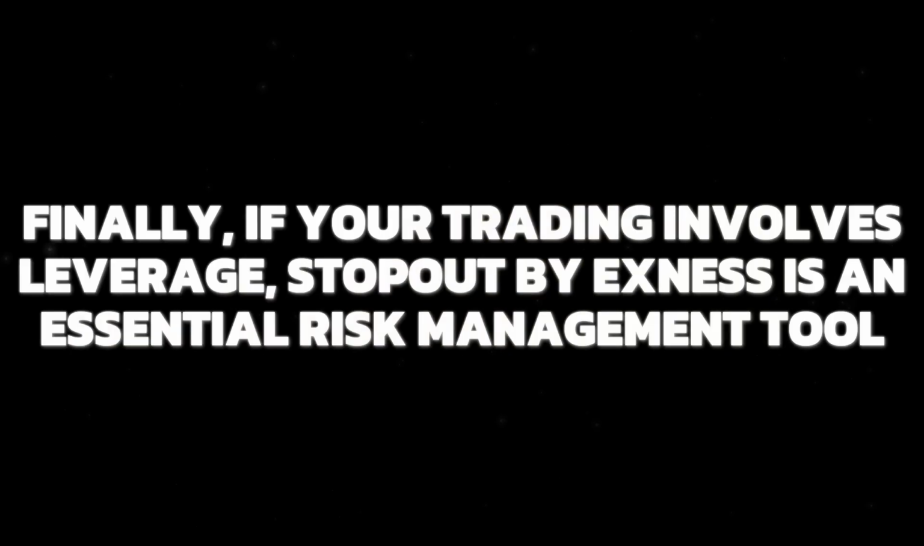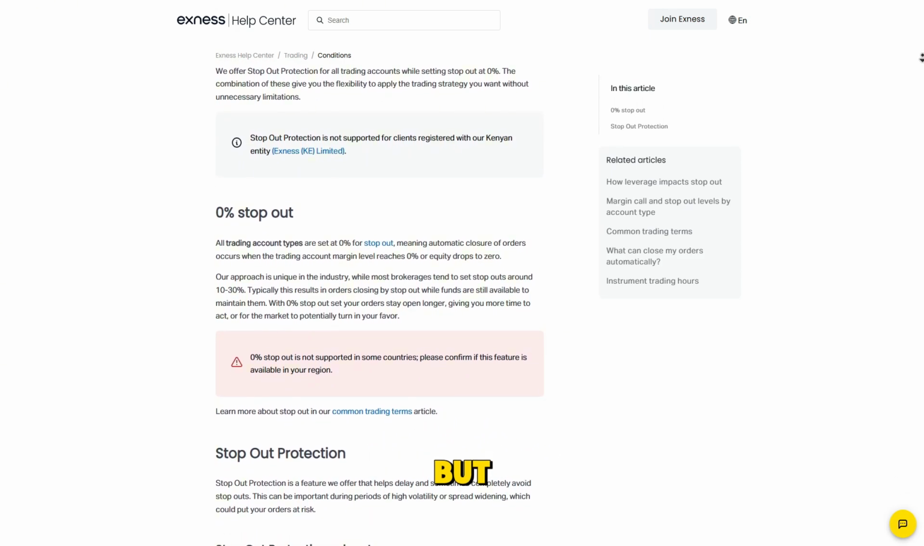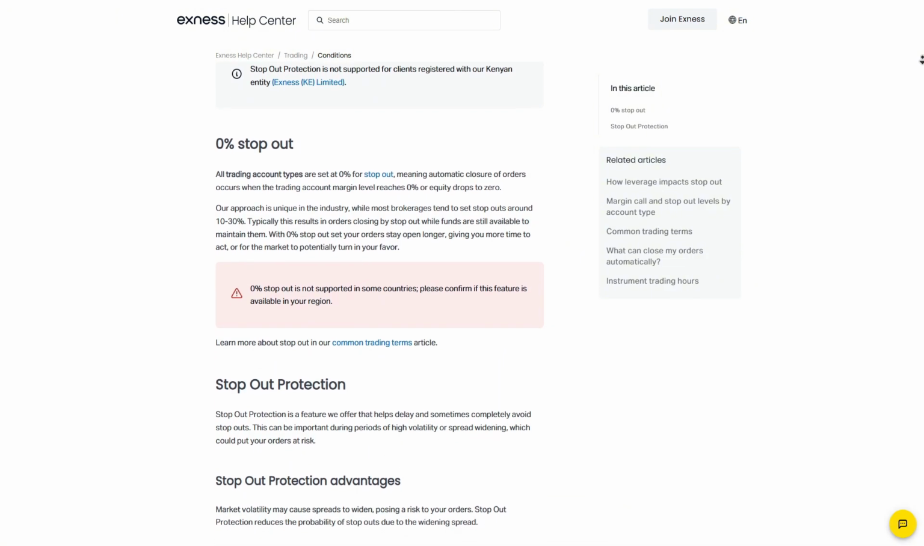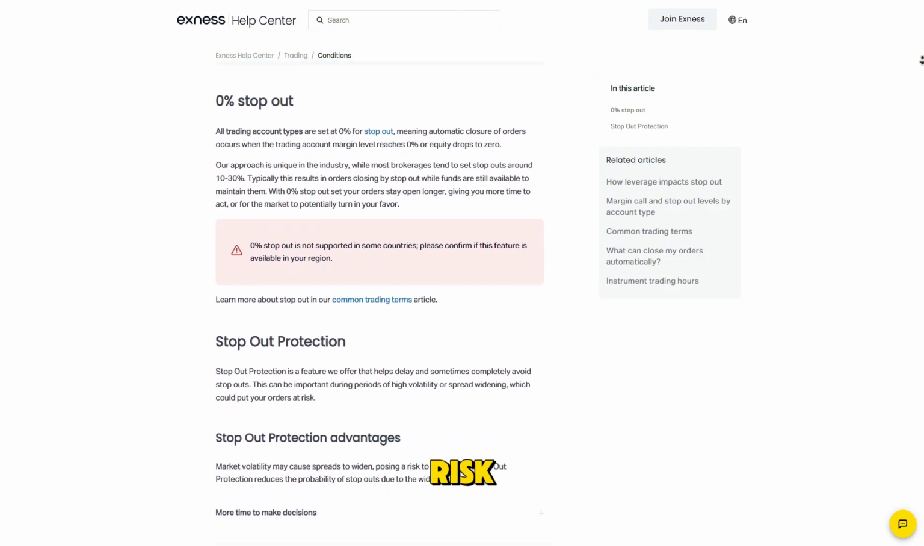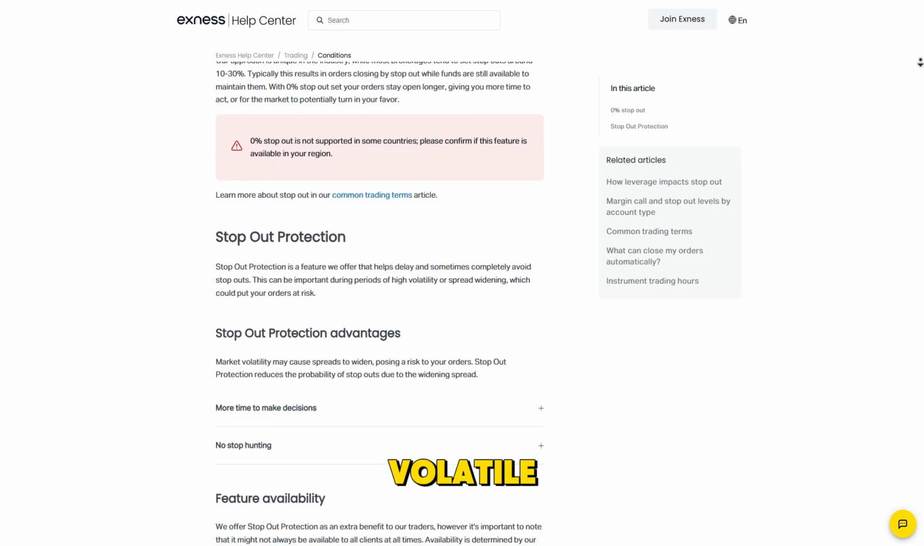Finally, if your trading involves leverage, Stop Out by XNES is an essential risk management tool. Unlike the other two, it doesn't signal trades directly, but instead monitors how close your margin is to being stopped out. This real-time visualization of risk exposure is vital when you're trading leveraged forex or any highly volatile assets with